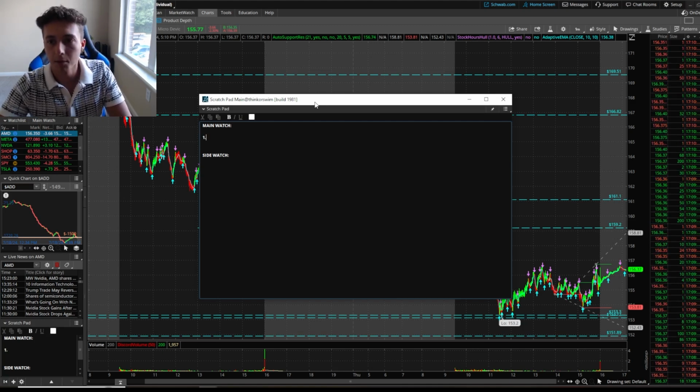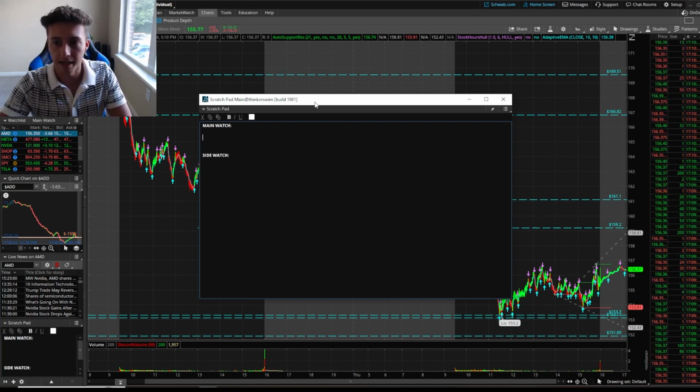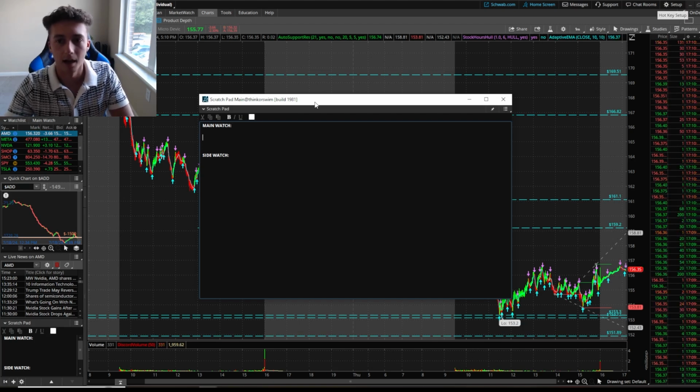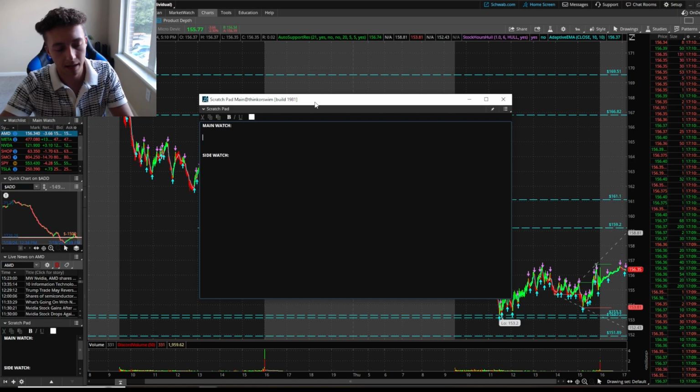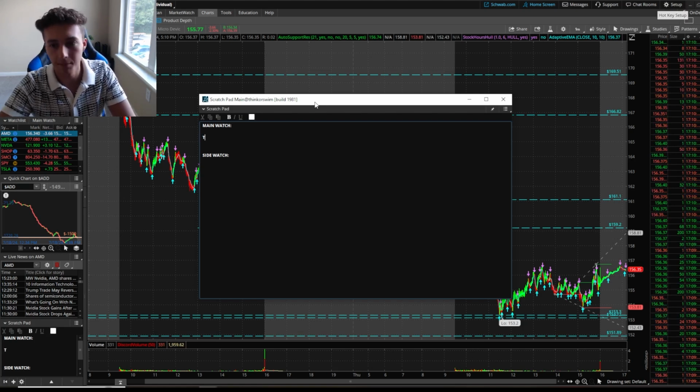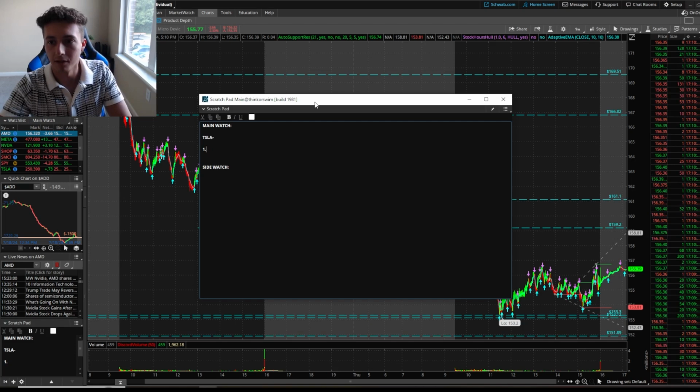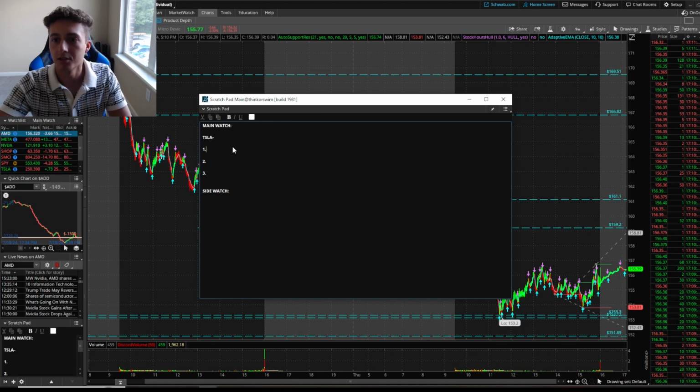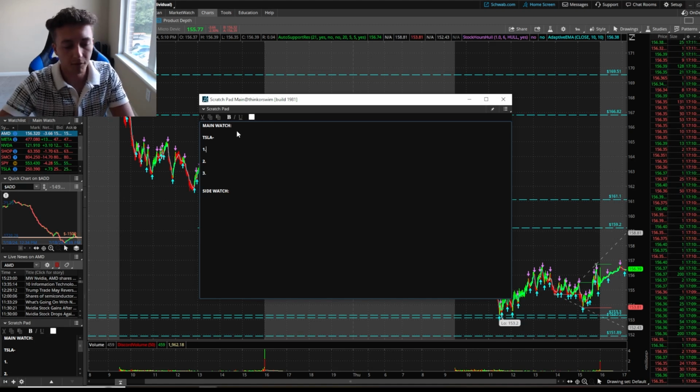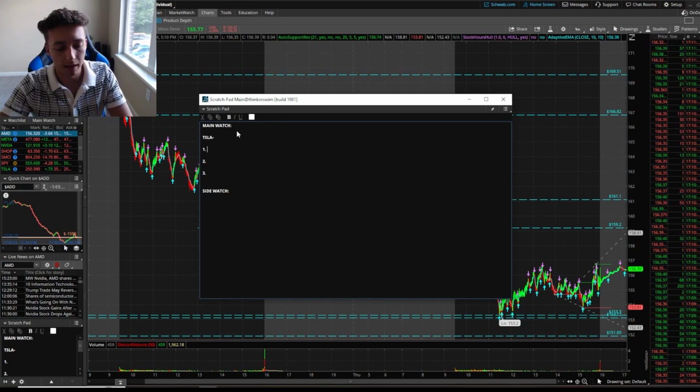So I'm gonna put 1, 2, and 3 underneath my stock. I personally don't do this, and I will just abbreviate it and write it into the plan. But just so you guys get the concept, let's say we are looking at Tesla, and then I will have line 1, I will have line 2, and I will have line 3 right here. So in line 1, we're first of all going to put what the key level is and why we like it. So in this example, let's say